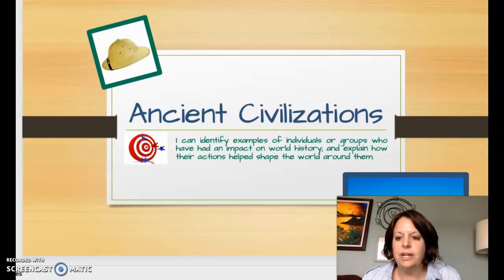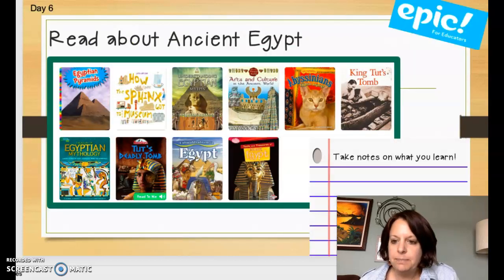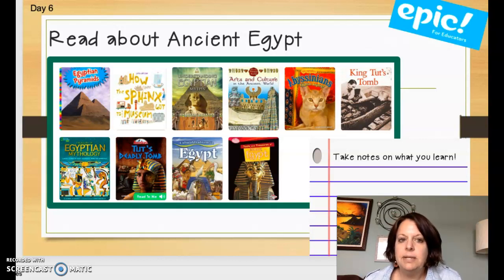This is our social studies unit, and right now we are working on ancient Egypt. Our learning targets are: I can identify examples of individuals or groups who have an impact on world history and explain how their actions helped shape the world around them. So, like I said, we are still focusing on ancient Egypt, and today is going to be a day where